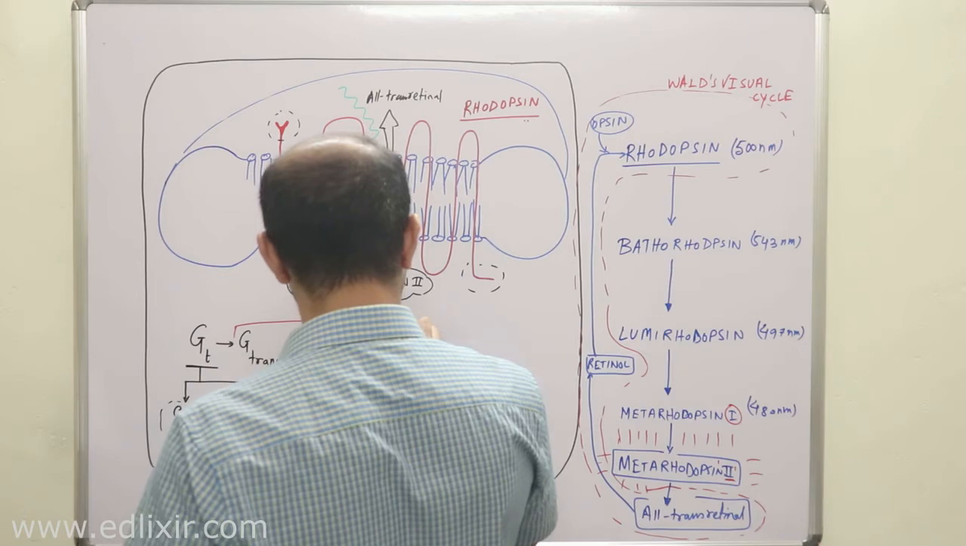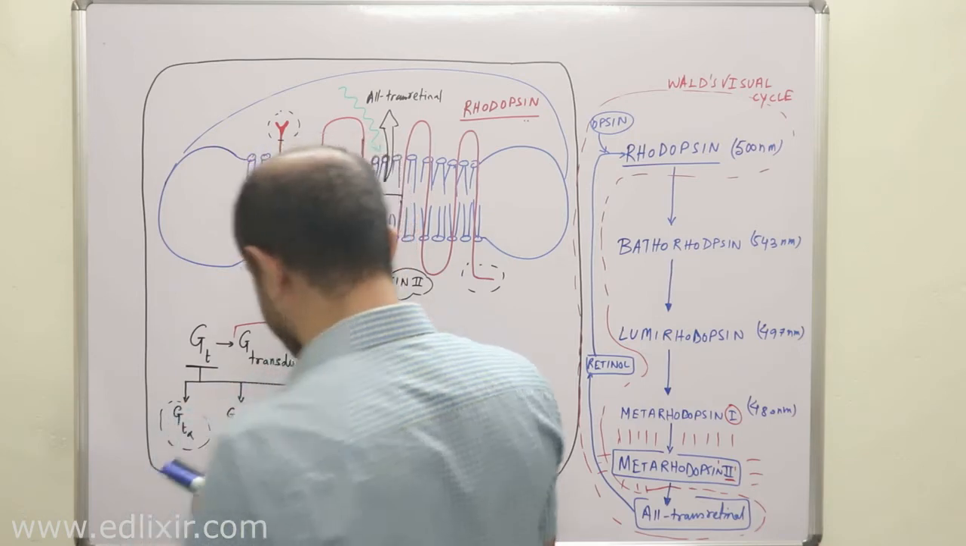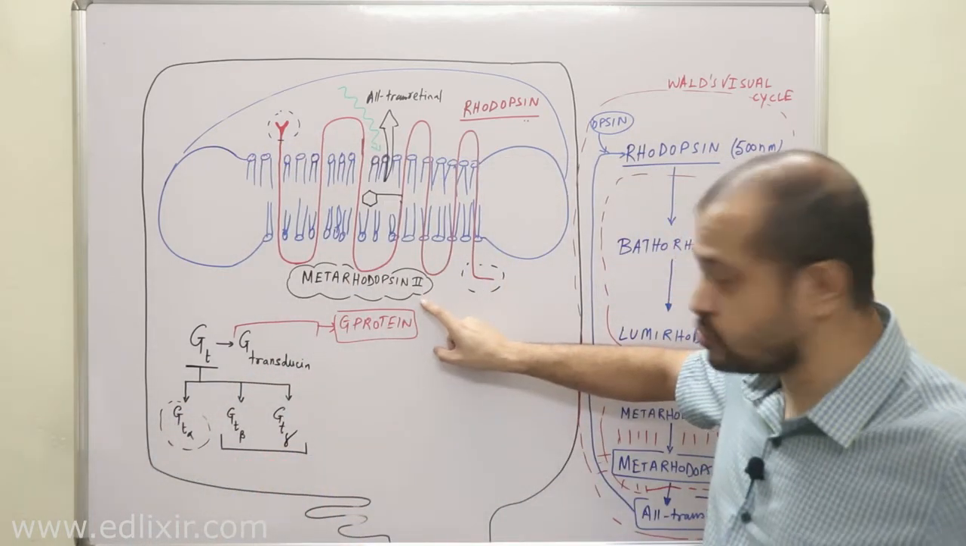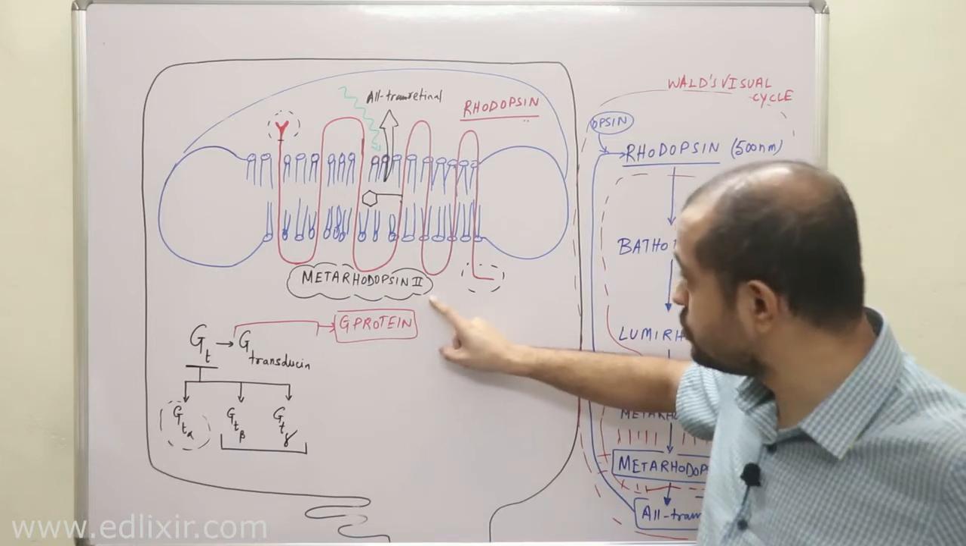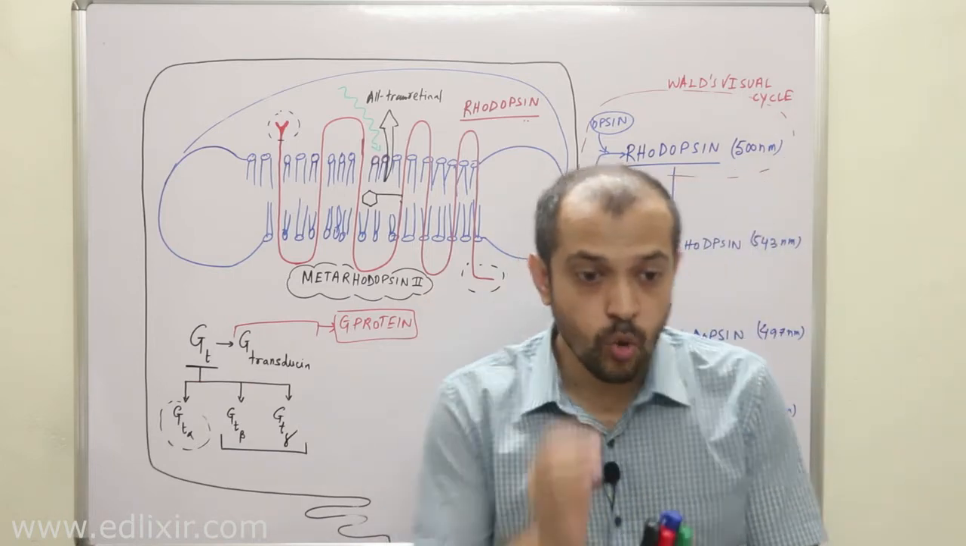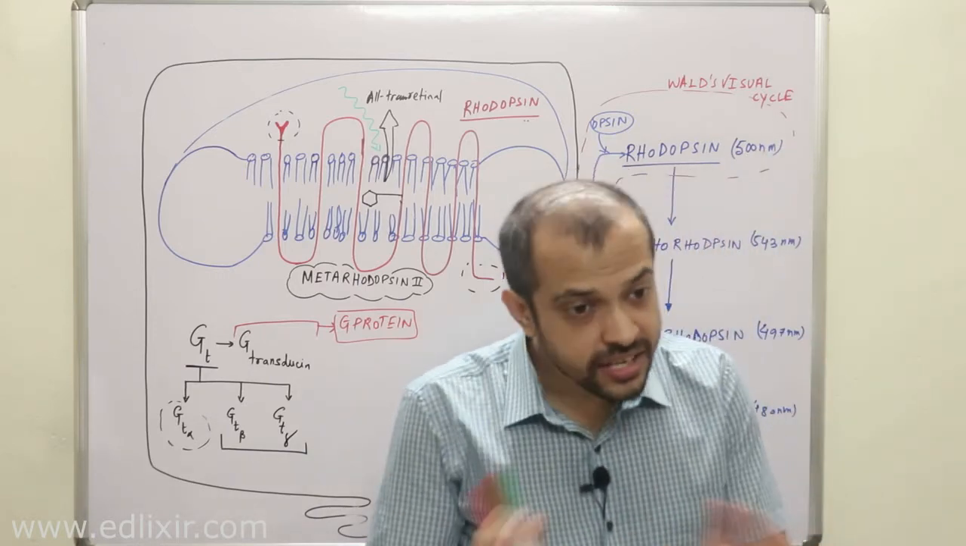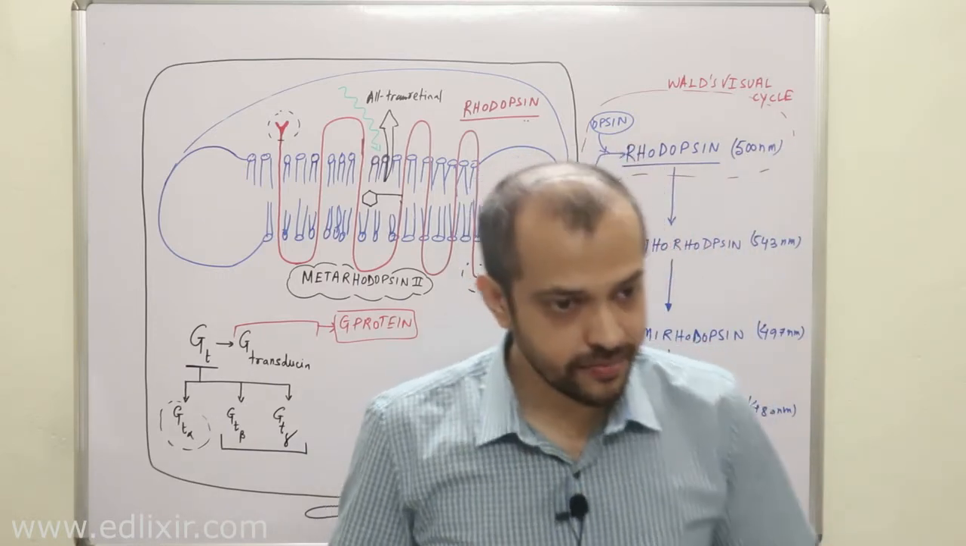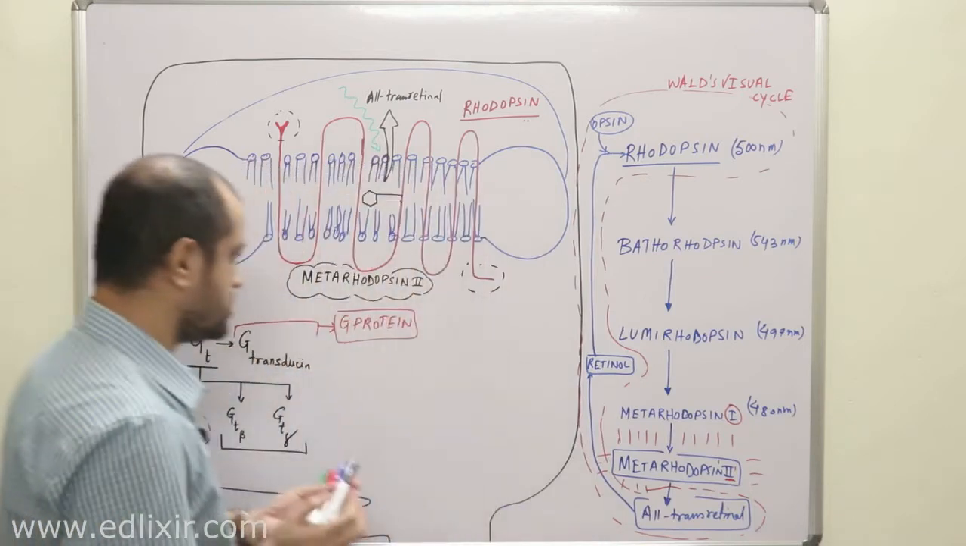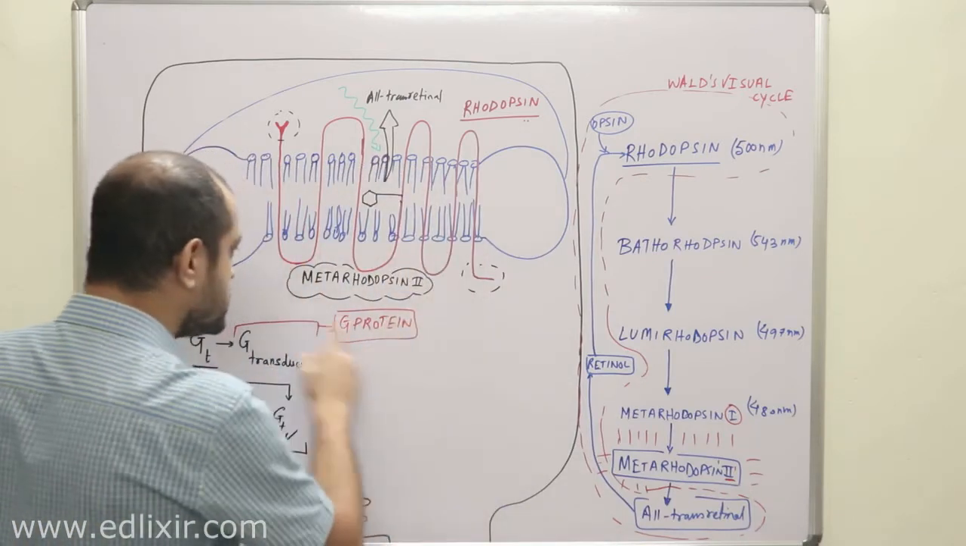Now listen with all your attention. A very interesting insight is this: meta-rhodopsin 2 is the only form of rhodopsin which can activate this G protein. That's it. Now listen with all your attention. When this meta-rhodopsin 2 is activated,